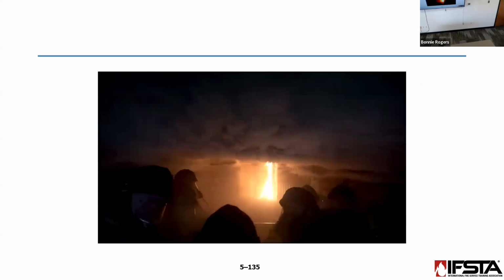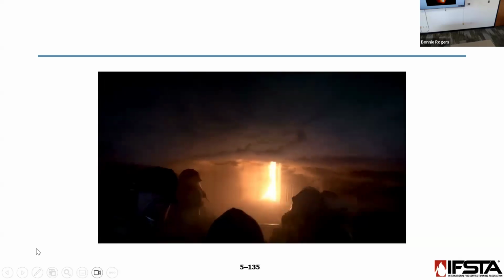G'day everyone and welcome back. Today we're going to be talking about the neutral plane, which is the layer that exists between the smoke coming out of a structure fire and the air that's being